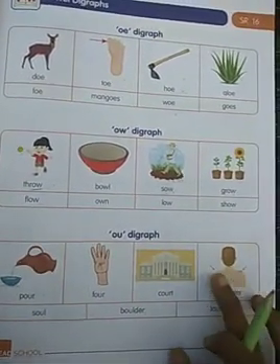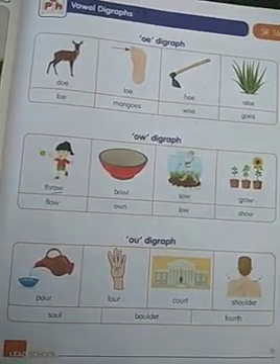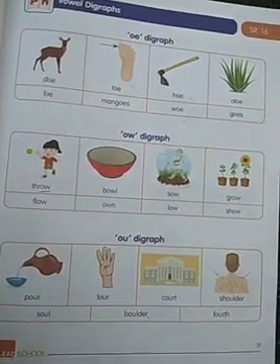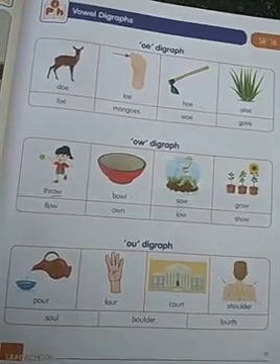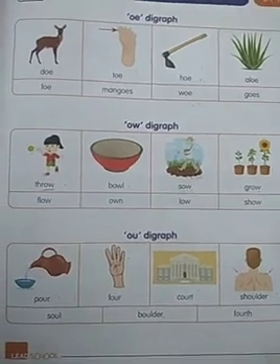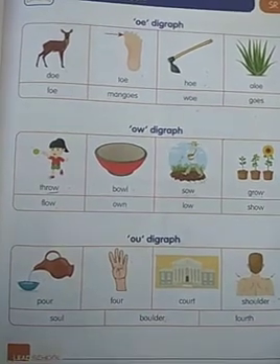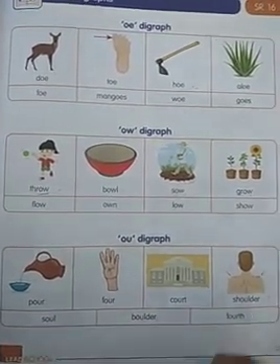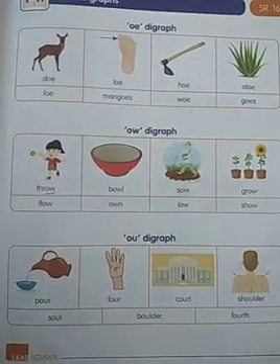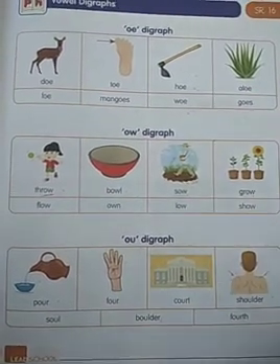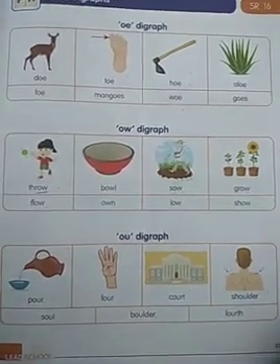Next is shoulder. So this is shoulder. Soul. Do you know what a soul is? Everyone, we have a soul. Soul means, what we can say, it's the atma. Atma is a soul. Next is boulder. What do you mean by boulder? A boulder is nothing but a very huge, very large rock. Large rock. Next is fourth.